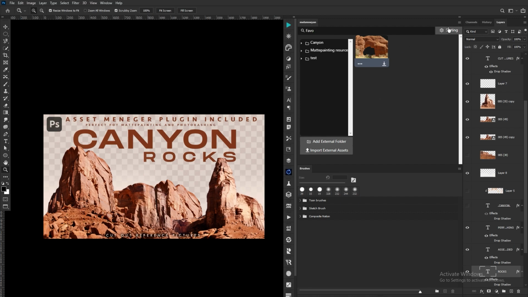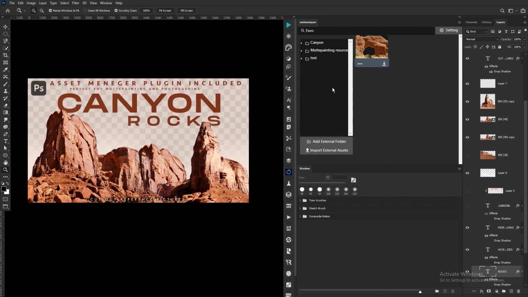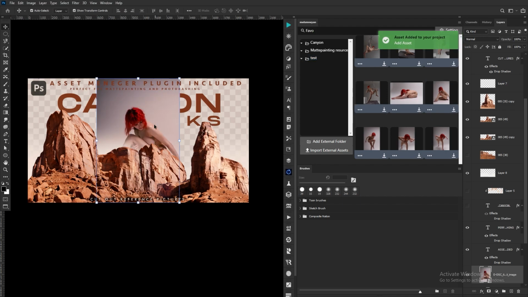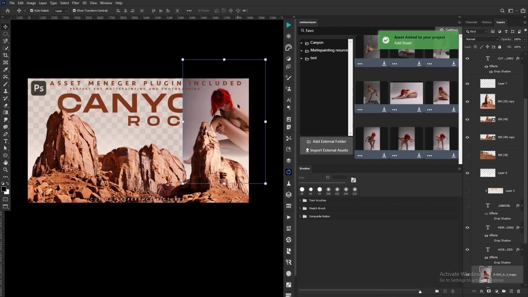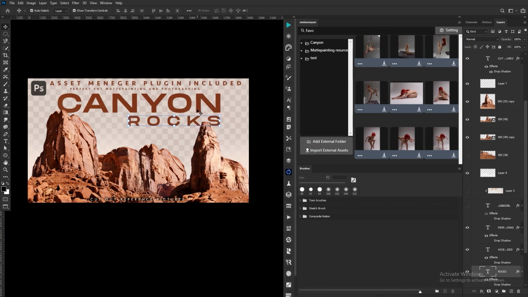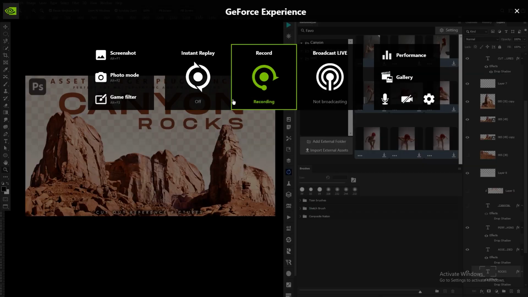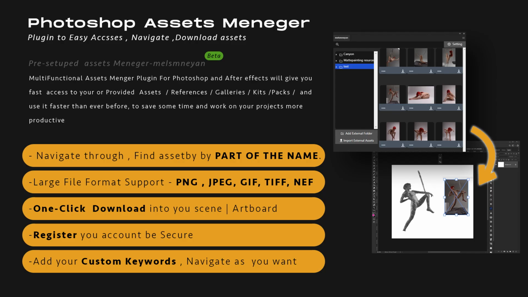You will have permission to just simply try it, so maybe it's useful for you, or you may not find it necessary for you. In my case, I will provide some tutorials which will be the main part of the series, because I will show you how to use assets in a quick and better way by using this kind of panel,